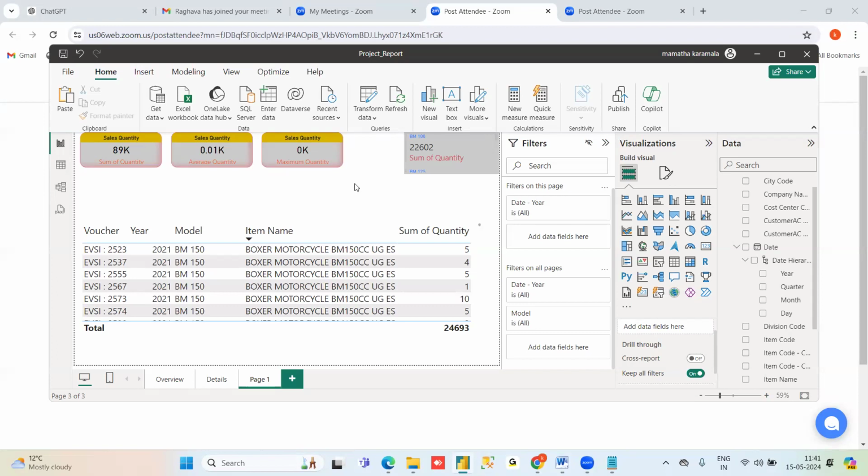Page level filter filters the data for that particular page only. In that page, if you have multiple visuals, all those visuals' data will get filtered based on a page level filter. If you are taking a visual level filter, that is the lowest level of filter. It filters the data of that particular visual only. That is filters. Coming to the slicers,